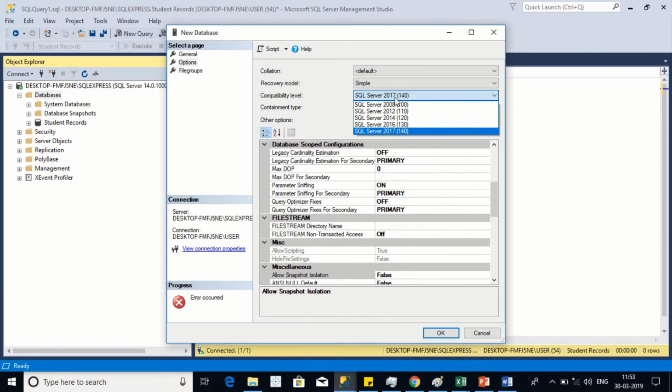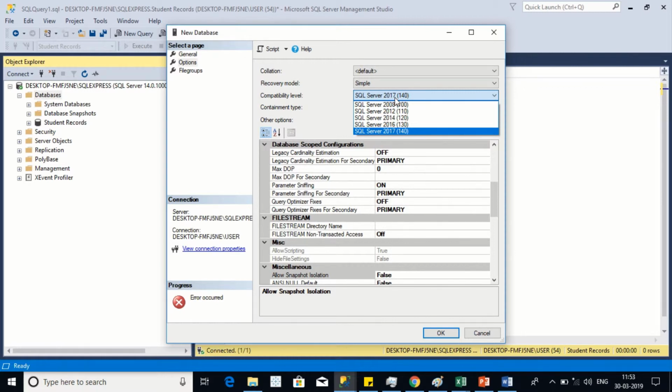SQL Server 2017, but the compatibility mode goes down to 2008. Suppose you are working in SQL Server 2017, but your original database is available with the version number 2008. In that case, your current work will not be able to work with your original database, because the compatibility will not match.